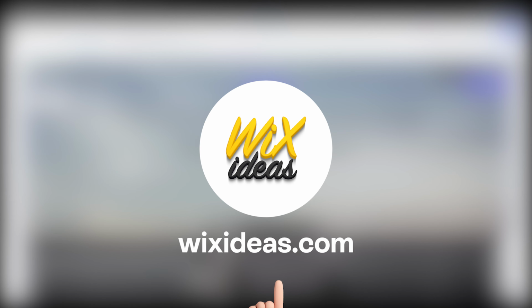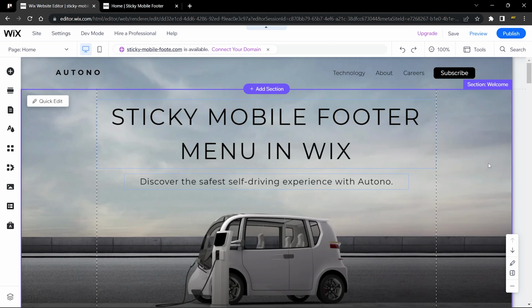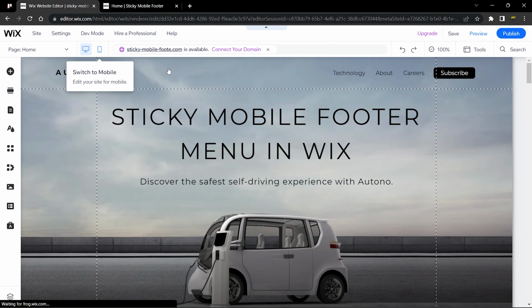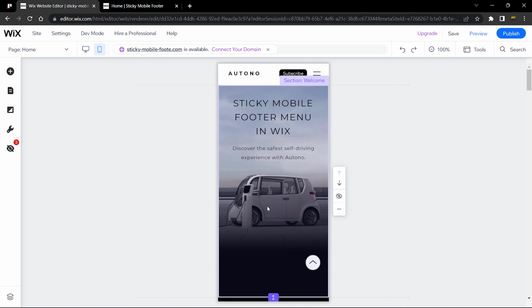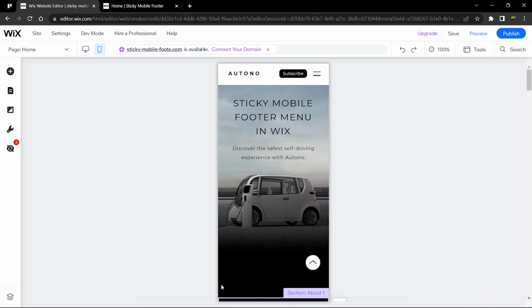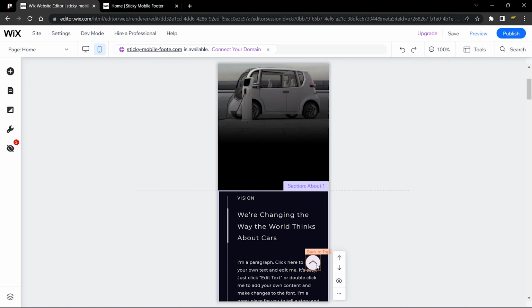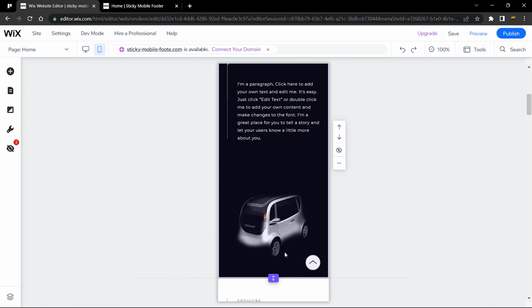In this video, I'm going to show you how to add a sticky mobile footer menu into your Wix mobile site. In order to add this feature, we need to head over to the switch to mobile. Here, click on this icon and you can arrive at your mobile site where you're going to find a menu that floats just like this back to top icon, and it flows with you and goes with you as you